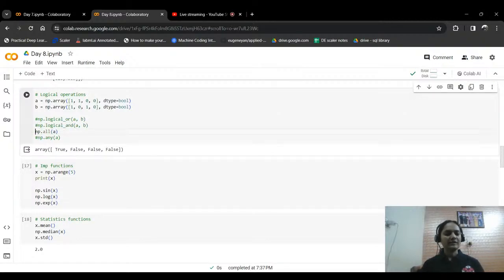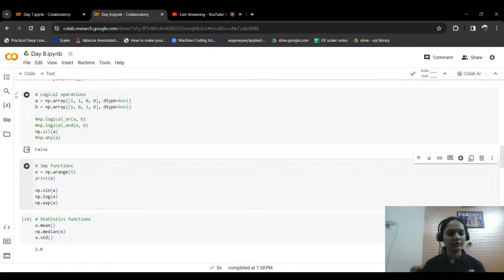And let me go to the next, np.all. So np.all function क्या होता है? What does the all function do? All function क्या है? जो भी आपका array है उसमें ये check करेगा if all the values are true or not. So in this case we can see only दो value जो है, first two values they are true, and जो second and third value है they are false. So इस case में the np.all output it's going to be false,